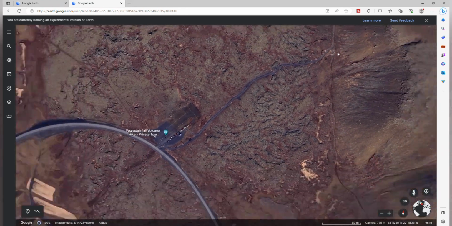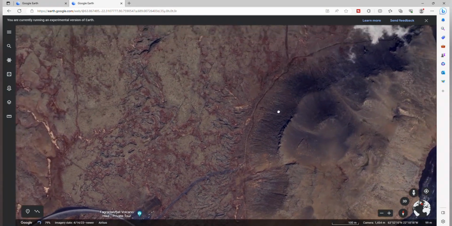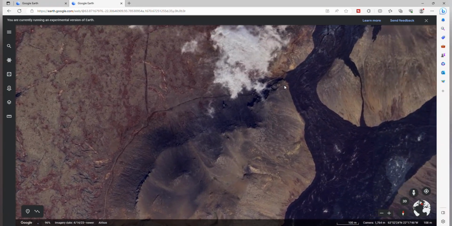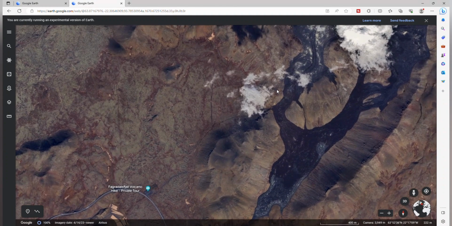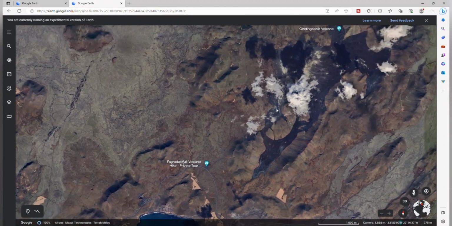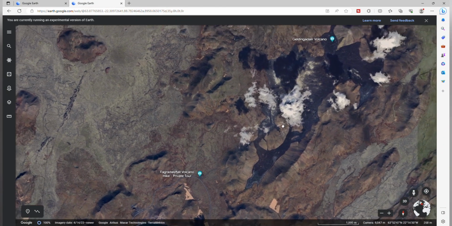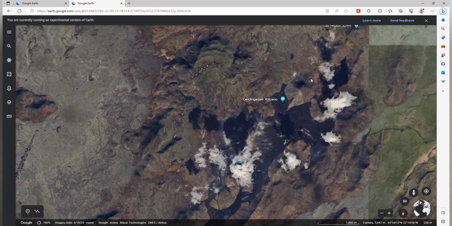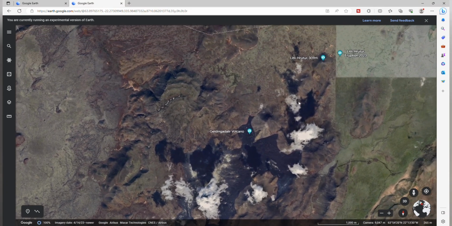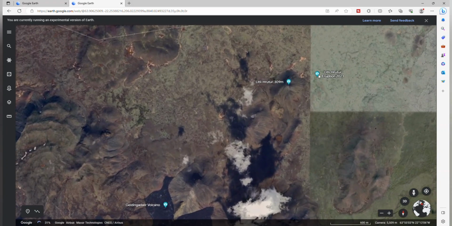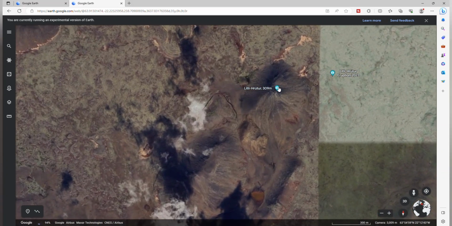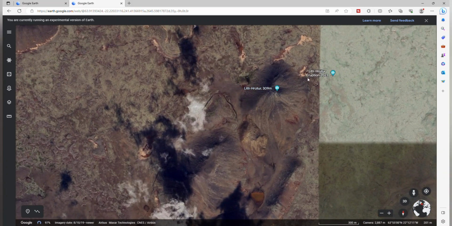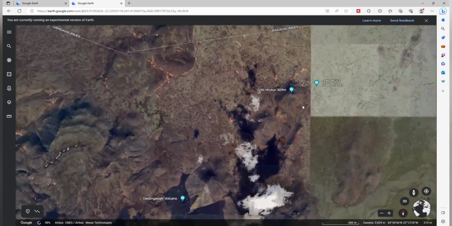You see it's even visible on Google Maps through the mountains. All the way, it's Old Trail A. And you hike it, you bypass old lava fields from 2021, 2022. Then you come to Little Hrútur here. Little Ram Mountain. You can climb this mountain and have a nice view, spend some hours here. Or you can